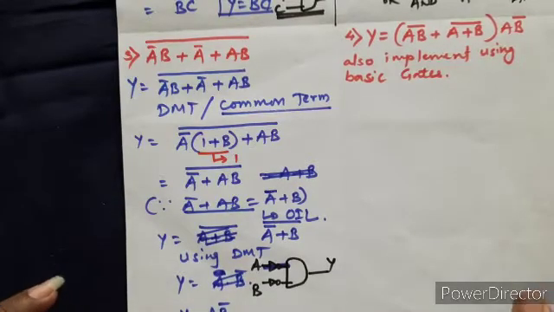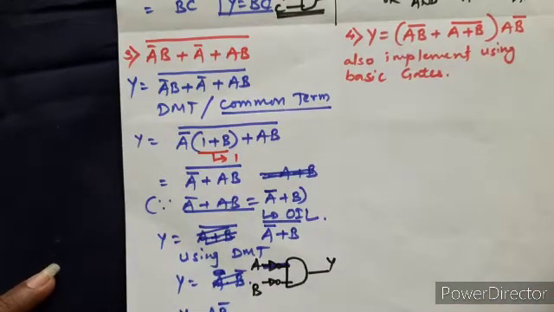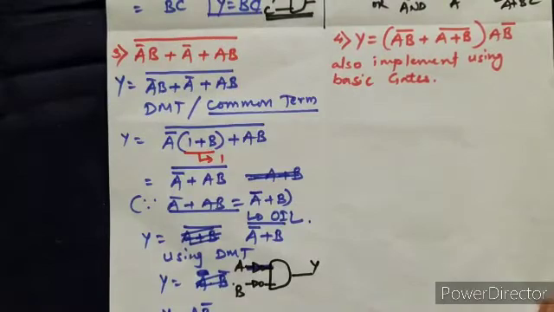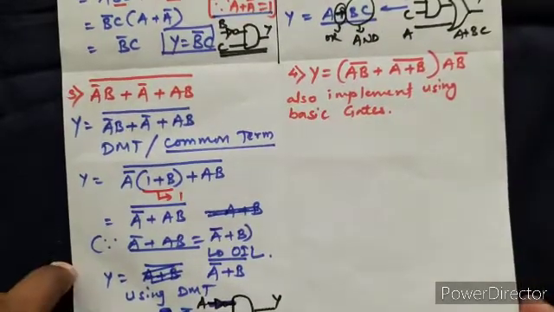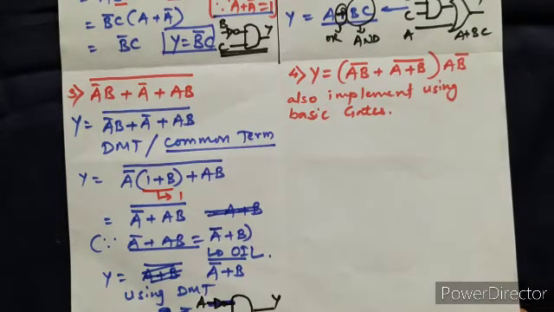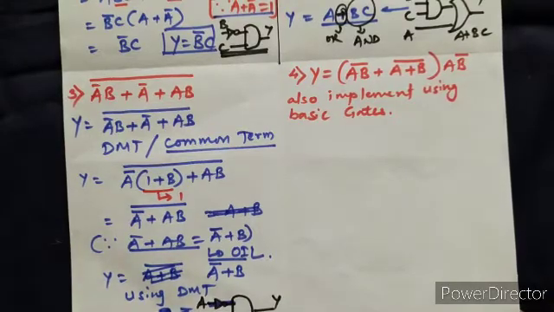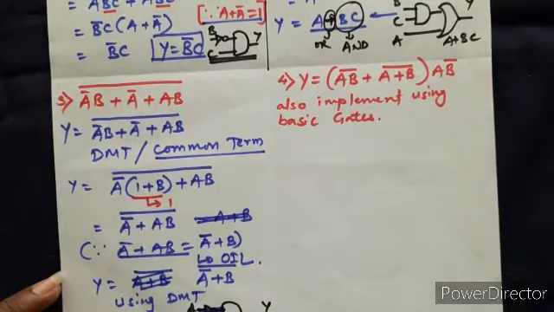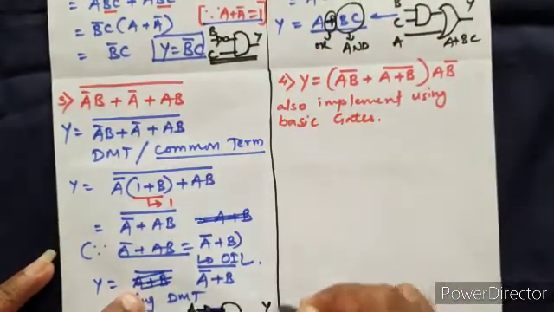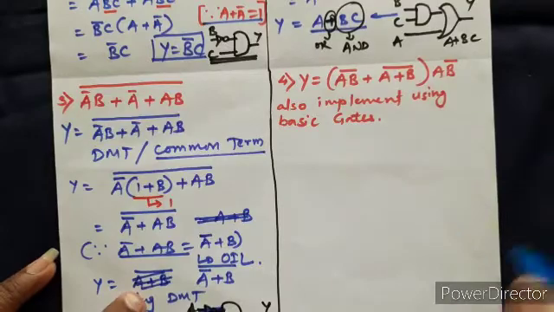So just make this correction, right? So this is actually what happens when we are trying to simplify using Boolean laws. So this is the nature of these Boolean laws. Okay, we'll understand this when we are studying the K-map, because these Boolean algebras do have some limitations. So this is one of the limitations I came across, right? But if in the exam it is asked to simplify using Boolean laws, then you need to solve by this method.